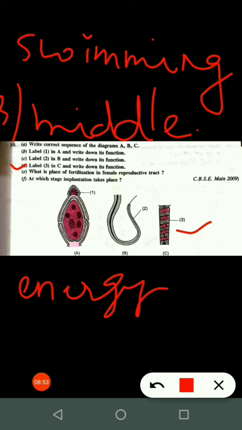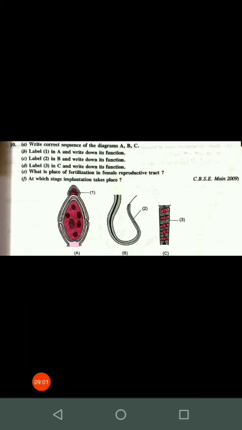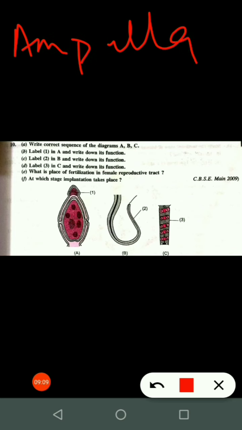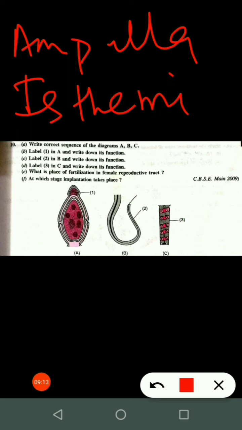Okay, so this is the role of mitochondria. Now the next question is: at which place does fertilization take place in the female reproductive system? You know it very well, I have told you about it also. It happens in the ampulla stomach region. Okay, ampullary stomach region, that is also correct. Or you can say ampullary isthmic junction also.